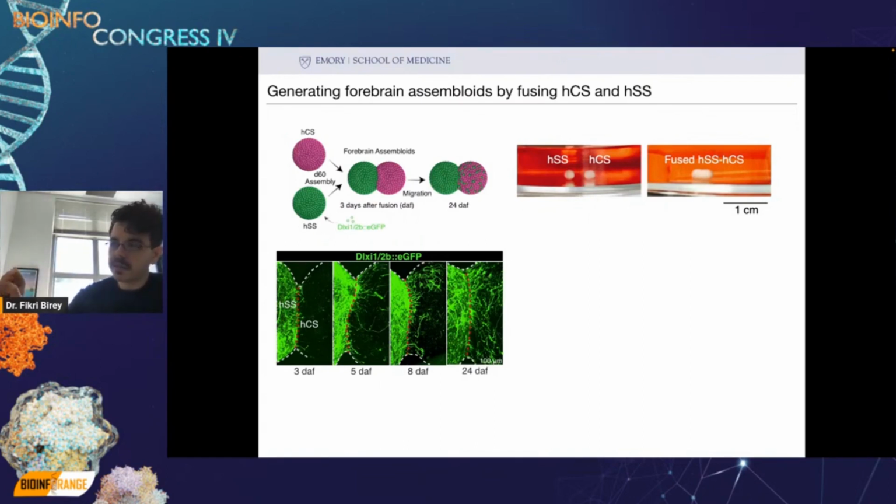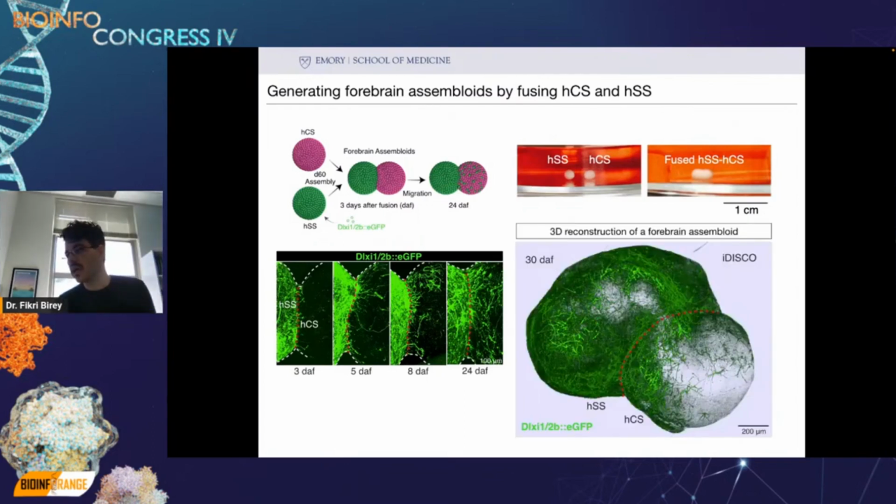And then in green, in GFP, you can see the interneurons sort of slowly moving in. And after about 24 days, there's like heavy infiltration. And if you sort of 3D reconstruct an assembloid 30 days after fusion, you can see this heavy infiltration of